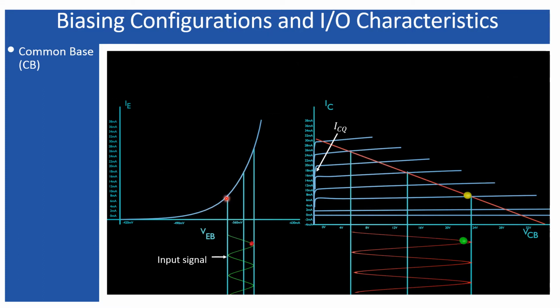But however, from this intersection point, you can easily understand where the load line goes to intersect. First one is the negative extreme of the input signal. So that means this should be the one extreme load line which will intersect the input characteristics. And the second one is for the positive extreme of the input signal. So another load line will intersect at this point, because as the input signal is oscillating, these intersecting points are oscillating both in the current axis and voltage axis.